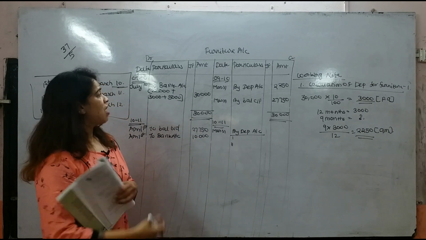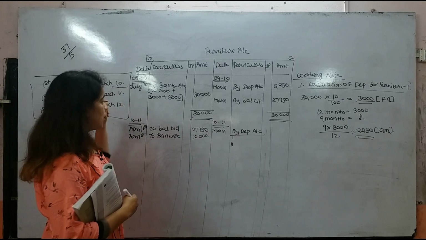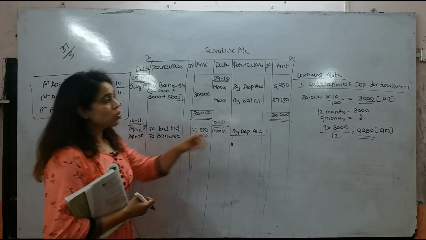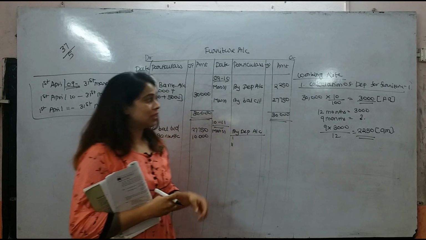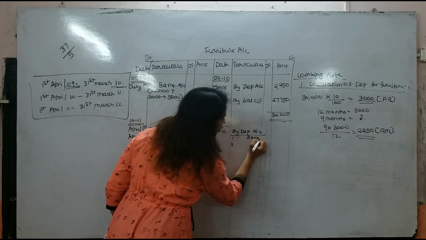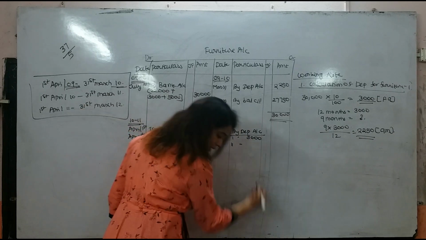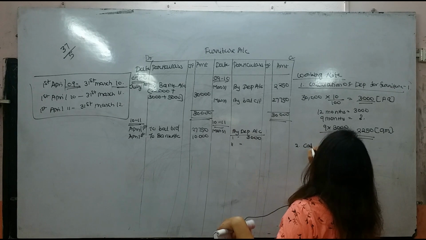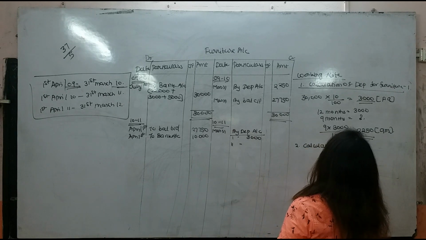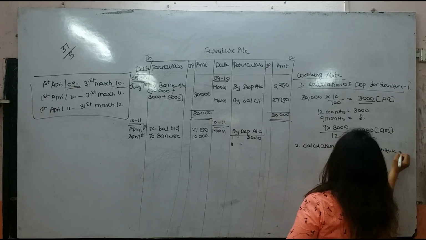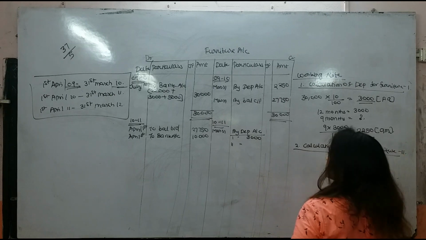One furniture we have purchased on July 1st, right? But this furniture in this year we are having from the starting, right? So 30,000 into 10% will be 3,000. So first furniture's depreciation will be 3,000. Now second, students, understand this again. See, calculation of depreciation for furniture 2. Okay, what is the price?